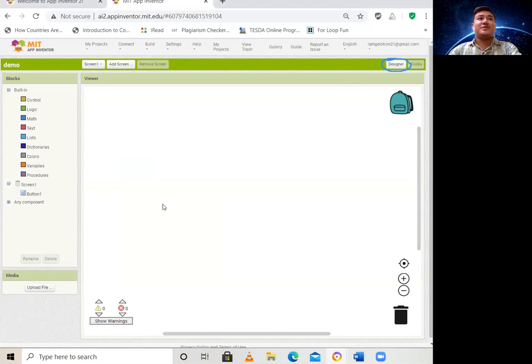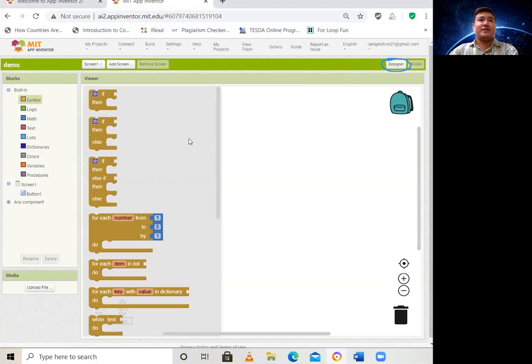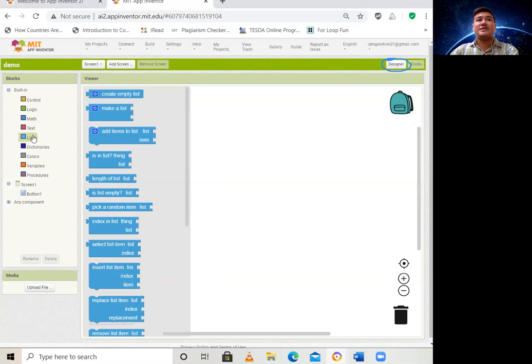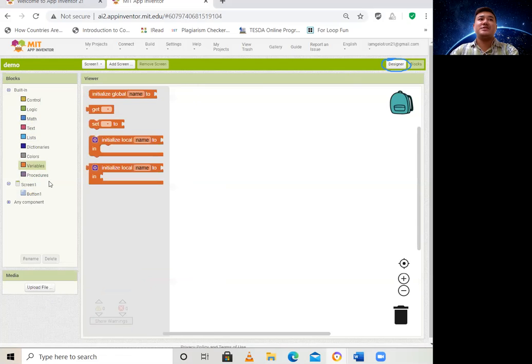So there are built-in blocks, included in a built-in drawer, where you can find blocks for general behaviors which you want to add to your app, and you just have to drag and drop the blocks. So you have here control, logic, math, text, list,